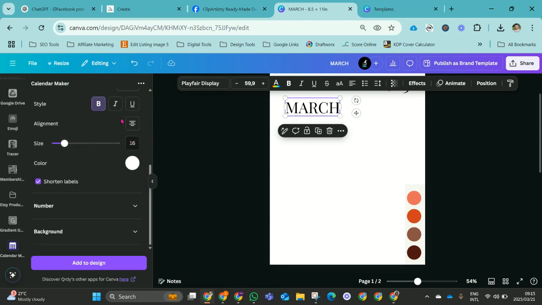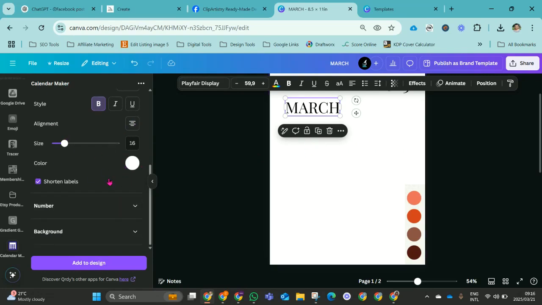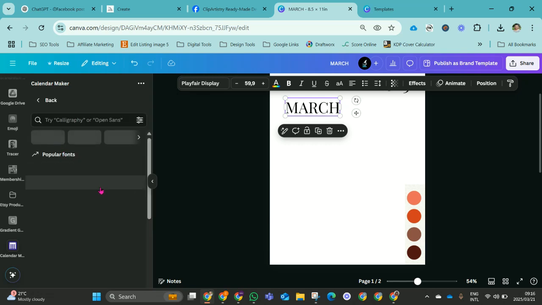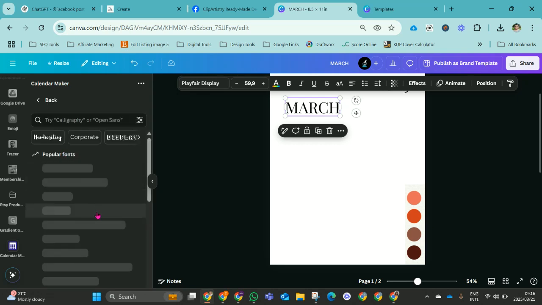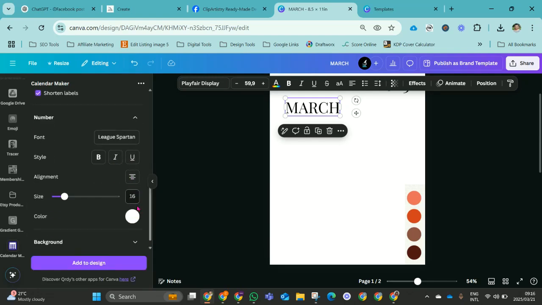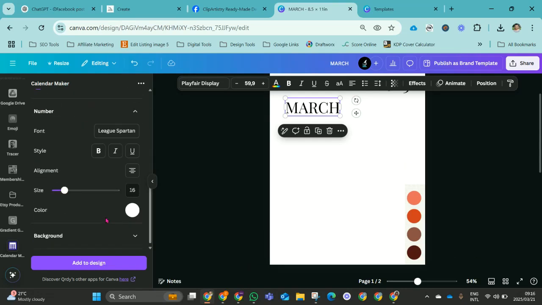Then again, size, where do you want it, alignment, where do you want the font to be, the headings of the week, like the weekdays, and then the number. So that's all the alignment there. The size, the color, we're going to go with white. The numbering, same story. What do you want to use in terms of font? So let's say we want to use League Spartan. Let's go with League Spartan. We want to leave it that size. I want to leave it on white. Okay,